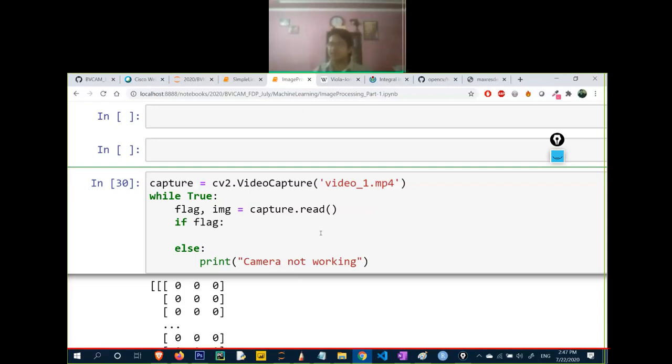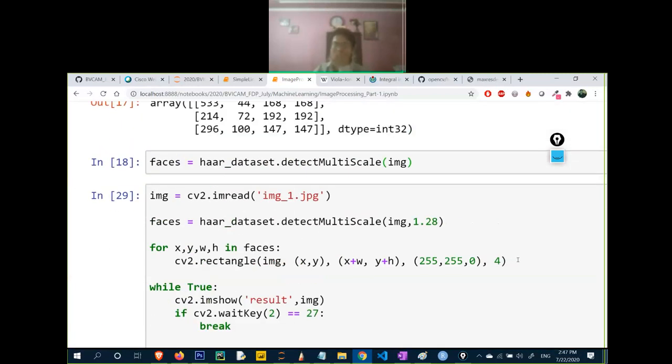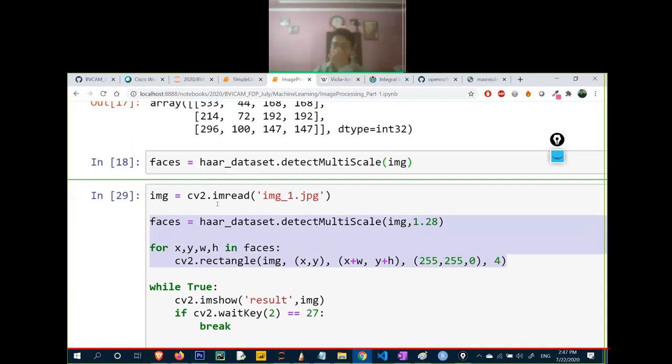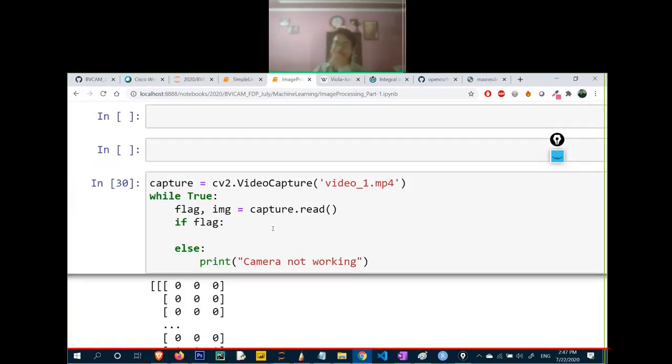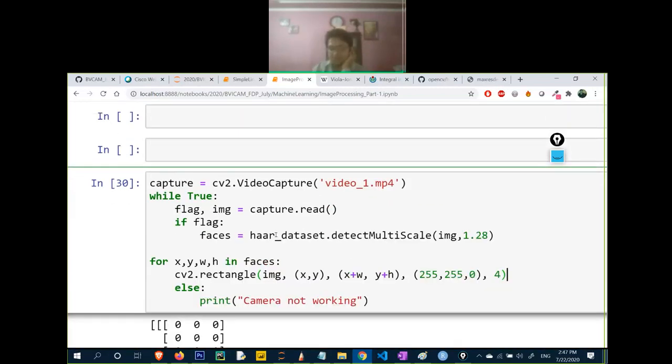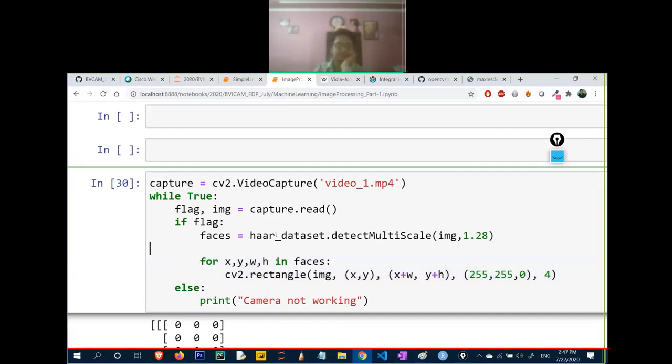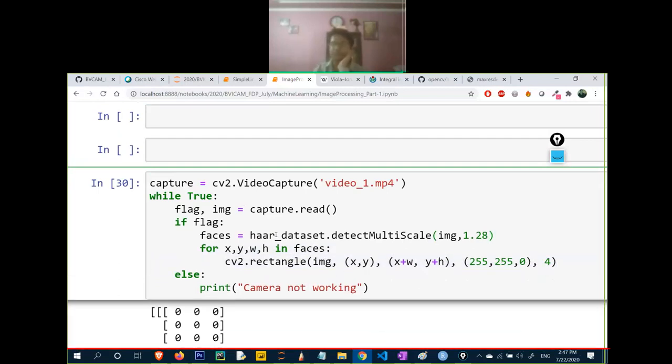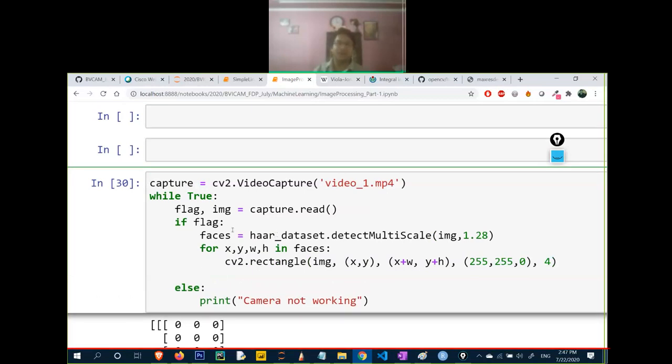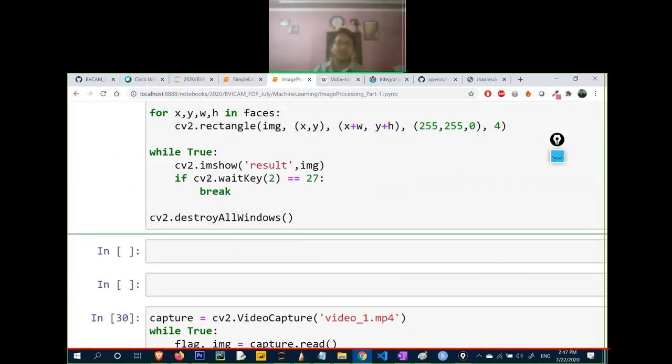Now, after getting the video, we'll start detecting the face from the video. So just copy these lines and paste them here. First I will detect the faces, and then the faces will be detected from here, and then I will write these three lines.